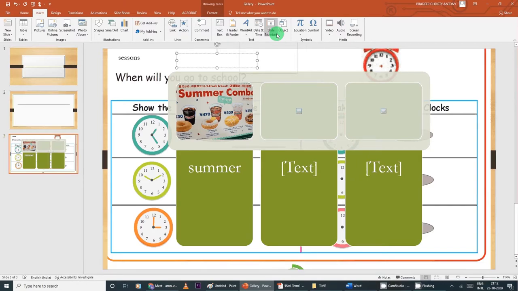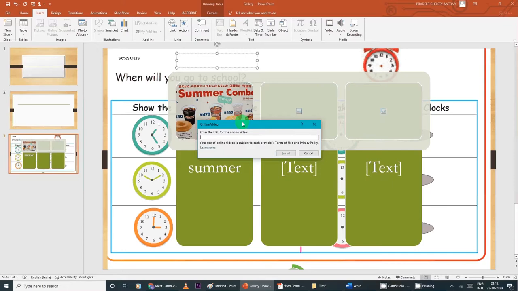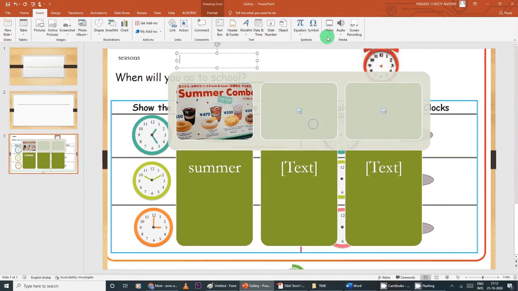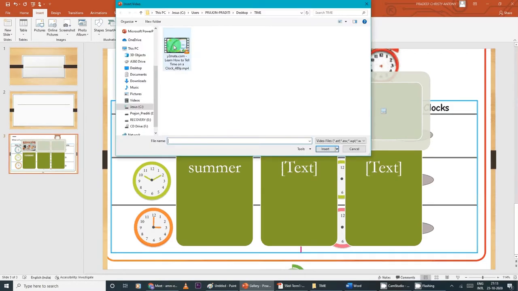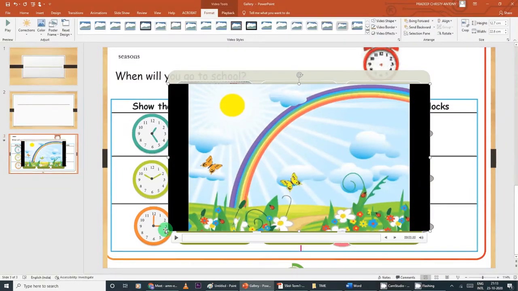you have video, audio. You have two options. If you want to add any video to the slide, so there are two options. Online video, directly you can go to the online and you can enter the URL address and you can download. Either you can do like that, or if you have already saved it in your PC, so you can go like this. If you want to add this video, I will just put insert. So you can add the video.